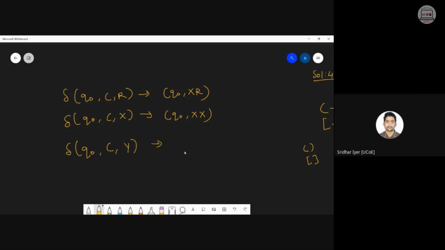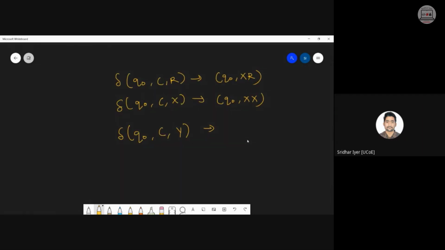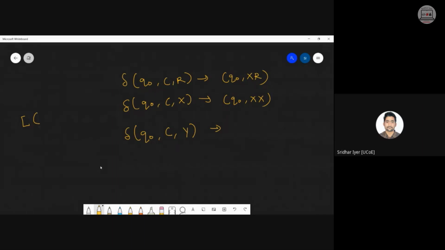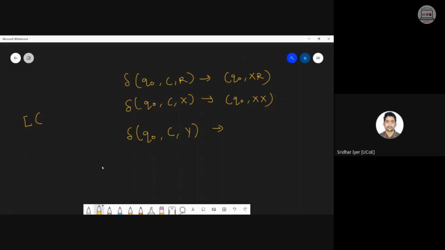Now, what is this on top of Y? What do you mean by this? So basically, it is somewhat like this. Am I clear? Look carefully once, I have also solved your example on the left. So if I'm having something like this, that is a square bracket followed by a round opening bracket, then what it simply means is, as I have already discussed, that for every opening square bracket, I should have a y on the stack, right? So to address such a situation, I have added this transition.